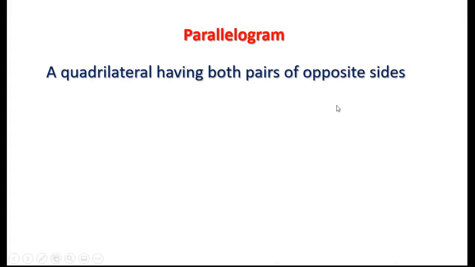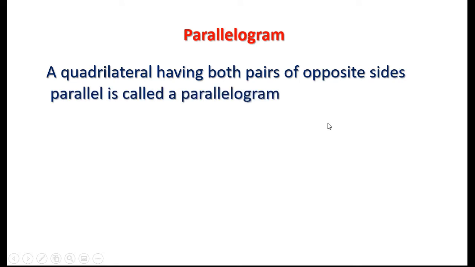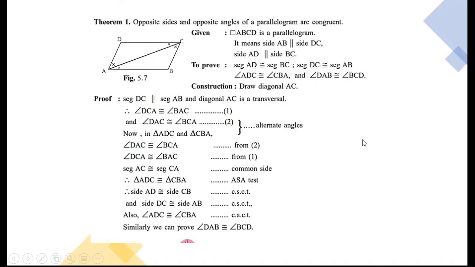A quadrilateral having both pairs of opposite sides parallel is called a parallelogram. That is the definition of it. Other things that I was telling can be considered the properties of a parallelogram. Now, we said that opposite sides and opposite angles of a parallelogram are congruent. जब हम 9th स्टैंडर्ड में पहुंचते हैं ना, ऐसा बोलने से काम नहीं होते, वो प्रूव करना पड़ता है.